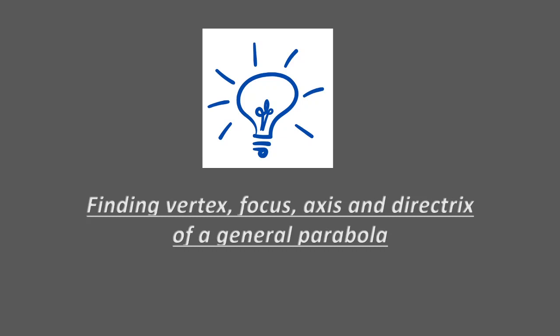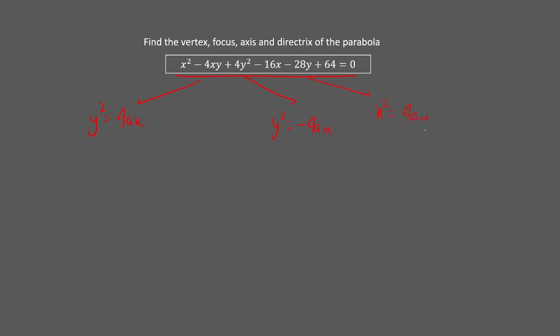Hello viewers, in this video I will be discussing a very interesting problem: finding the vertex, focus, axis and directrix of a general parabola. What I mean by a general parabola is one that cannot be simplified into the form y square is equal to 4ax, or y square is equal to minus 4ax, or x square is equal to 4ay, or x square is equal to minus 4ay,